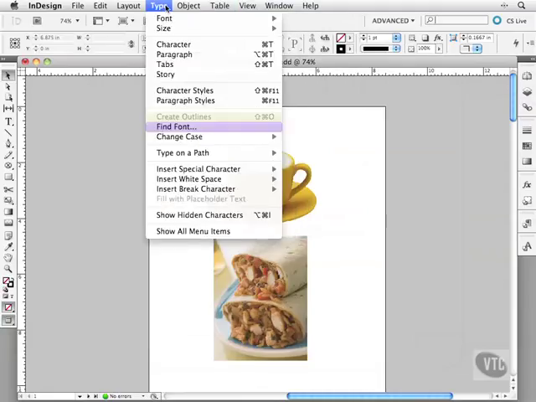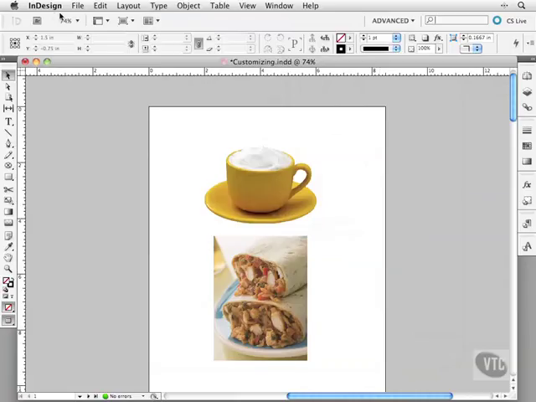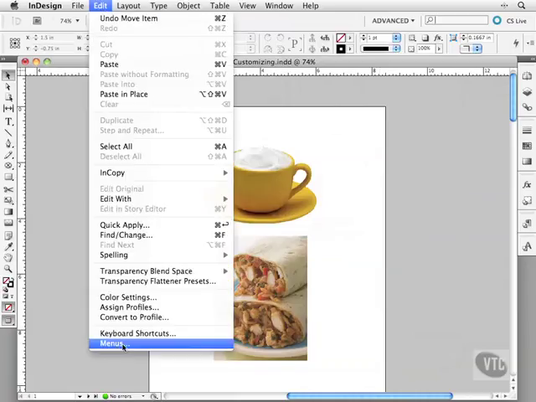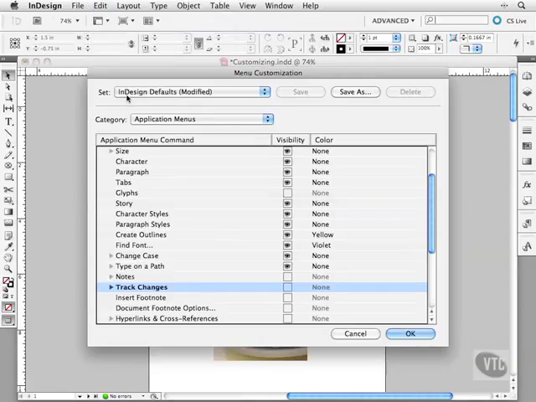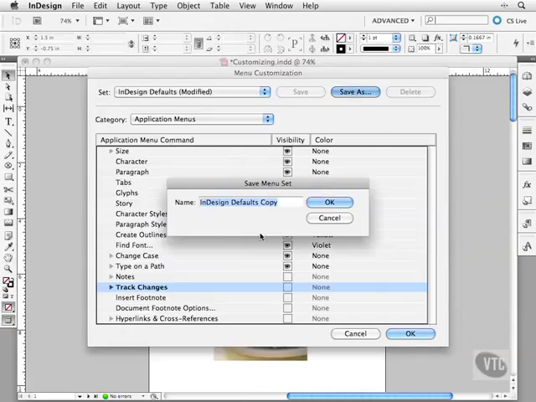So if I go down to my type menu, there you can see it's a lot shorter now. And there I've got the options highlighted. Dimmed out a little bit because I don't have the option here in create outlines. But if we go back into our menus again here you can see it's a modified InDesign defaults. So what we need to do is save this to something we can use. We can save as, and I'll just call it VTC menu